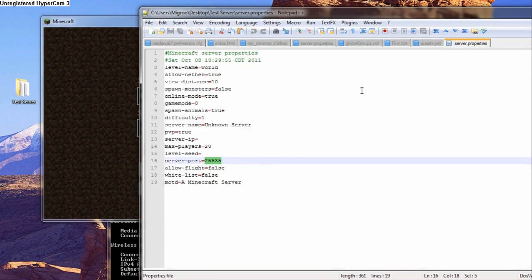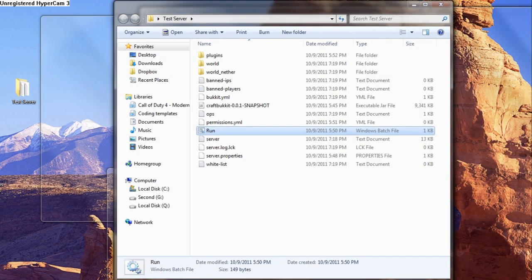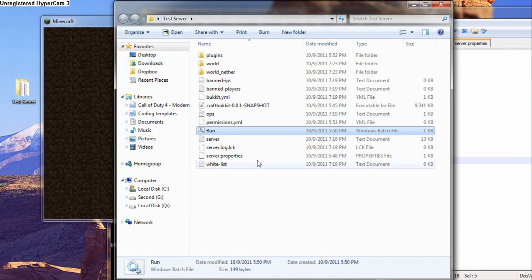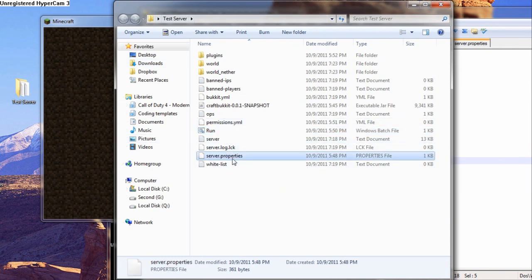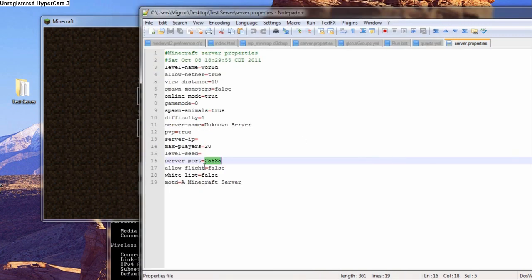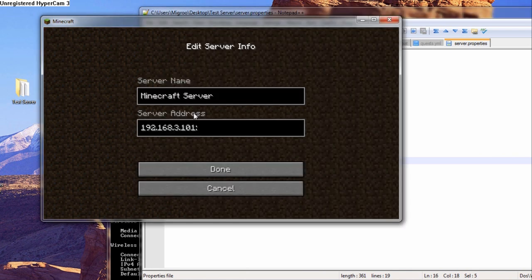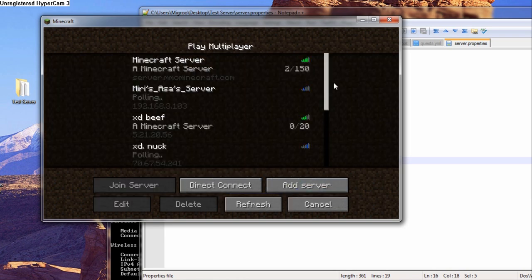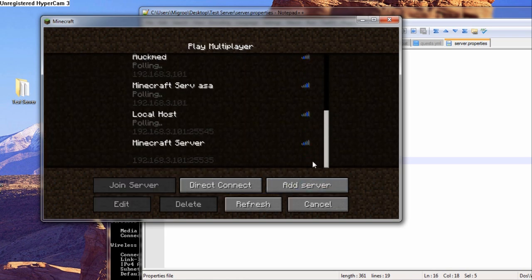let's see. We're going to want to go back to our server properties, which you can find under the test server folder there, and then just server properties right there. We created those early on. And what we're looking for is our server port. Remember how we had to change that? Well, we'll just have to copy that now and paste it in here, after the colon, of course. And then done. Okay.